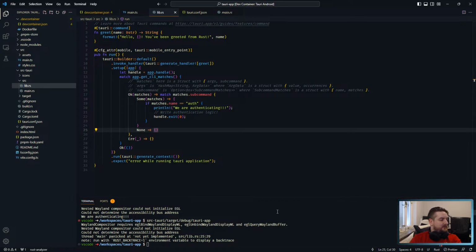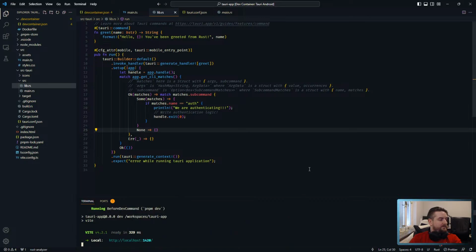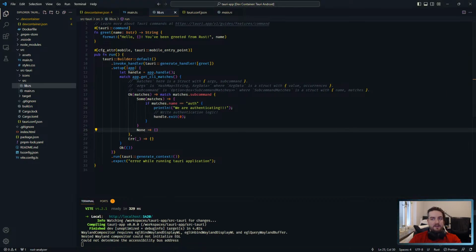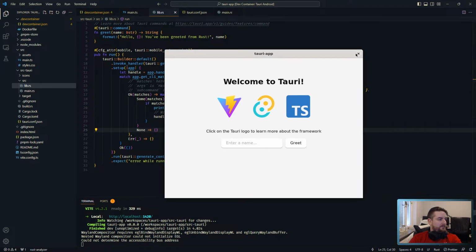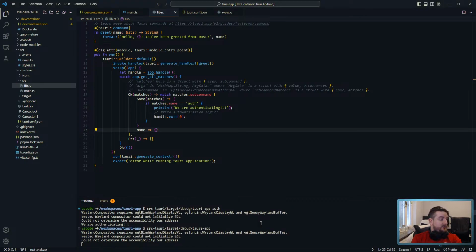I'm just going to do that, and dev. Just so I can show off the difference. So now it's built with the dev command. If we run the app directly with auth, we are authenticating and then it exits. And if we just run the app,